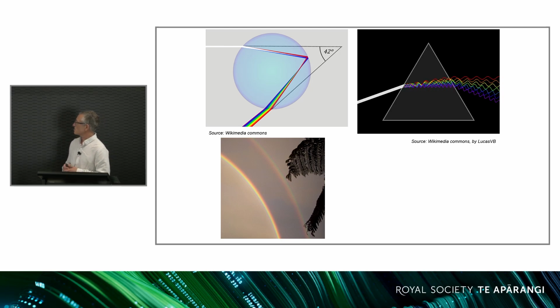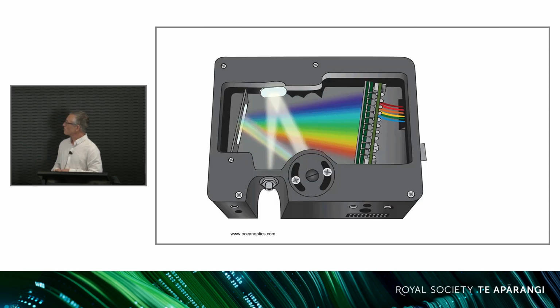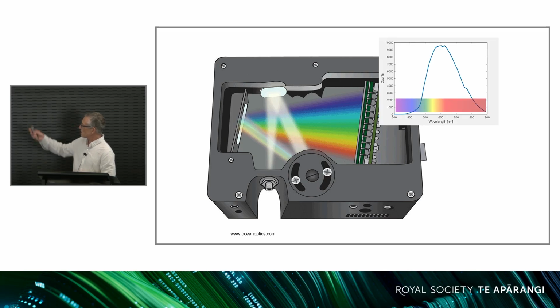In practice, most spectrometers nowadays use a diffraction grating, and it's essentially a glorified version of this, a lot of lines that are very closely tied to each other. The light diffracts through that, and if you've got some optical elements, you can then use a sensor, which is typically similar to the sensor you have in your phone camera, and by looking at what's coming to the sensor, you can separate the component of light. So typically, broadband light, like these light sources, would have a very broad spectrum.